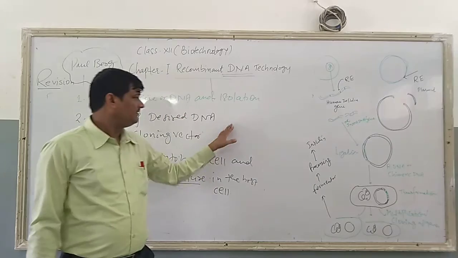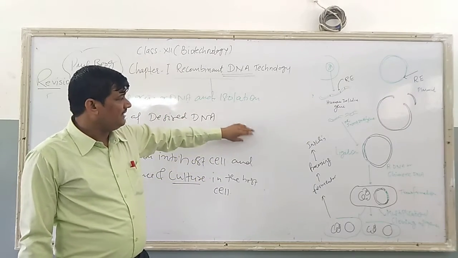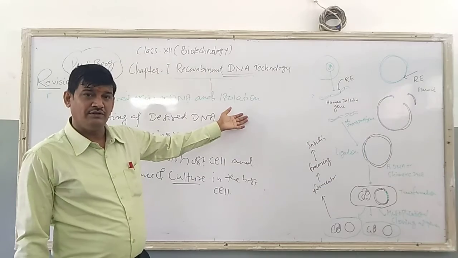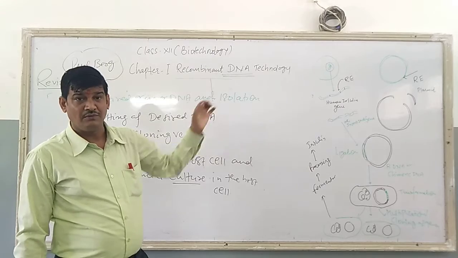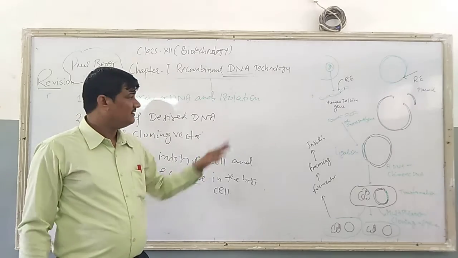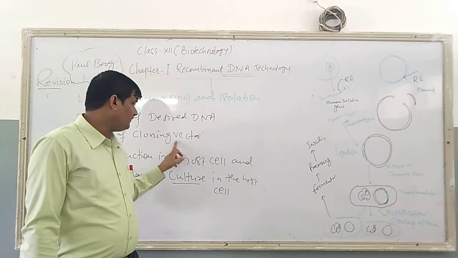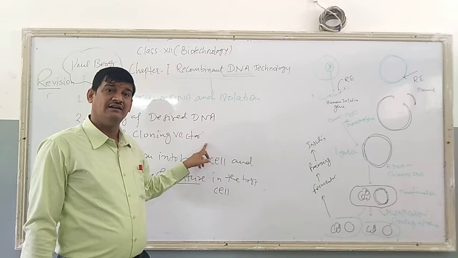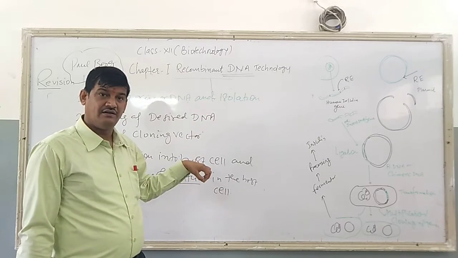You might have heard about the malaria parasite Plasmodium. So Plasmodium is shifted to the host cell, that is a human being, with the help of a mosquito. So the mosquito is only the carrier here. It carries the Plasmodium vivax. Similarly, the vector carries the desired gene, the gene which is inserted.